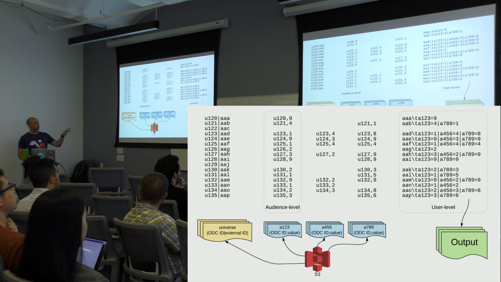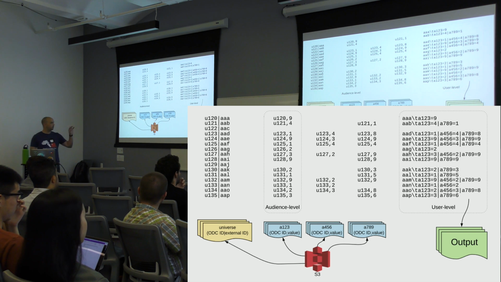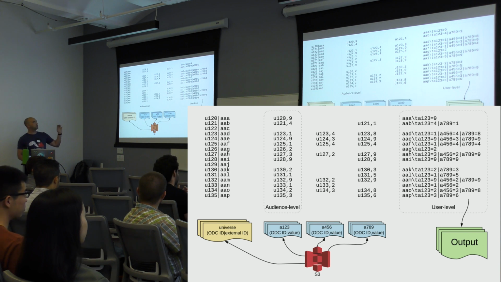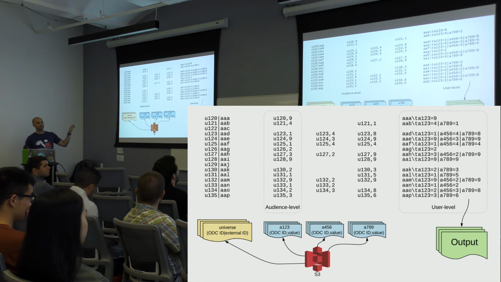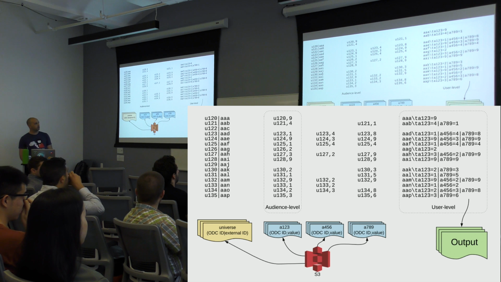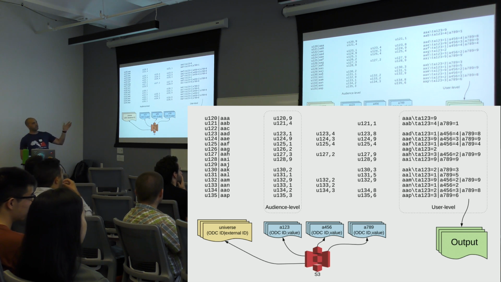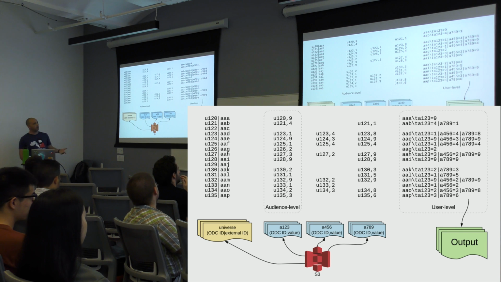So this is just an example of kind of inputs and outputs. So the yellow we call our universe. It's just our ID mapping to our partner, whatever ID we need to translate on or transfer on, so that they know how to reconcile the user we're talking about. And the blue is this collection of audiences. So those are all stored in S3, and it's going to be some sort of ID associated with a value. And then the output is going to be at that translated ID level, and then all the attributes and their given values for that. So the output records,